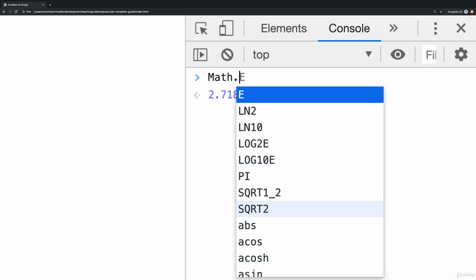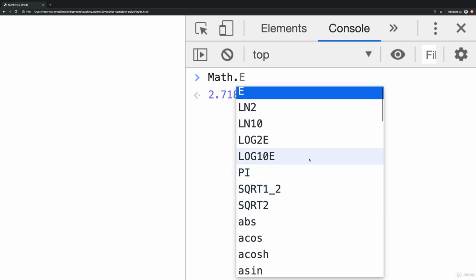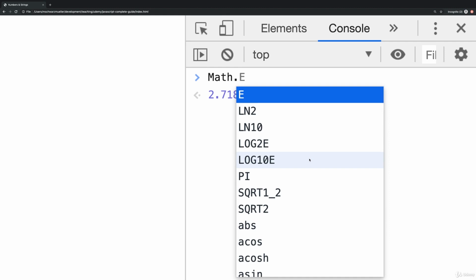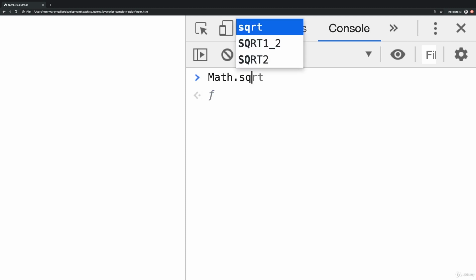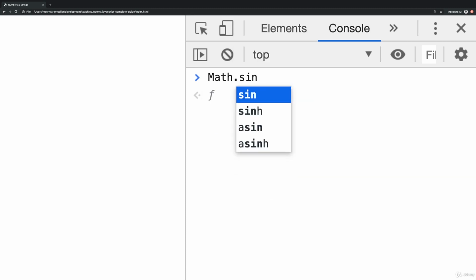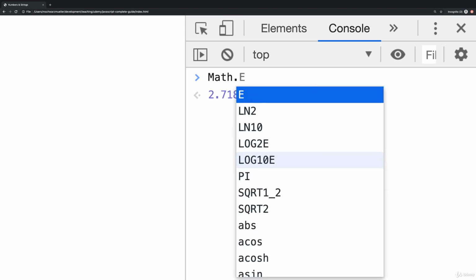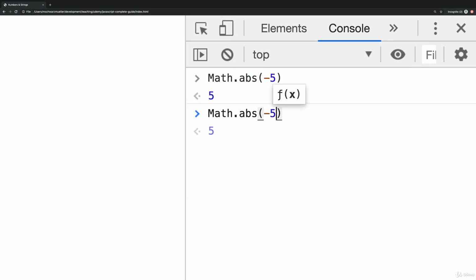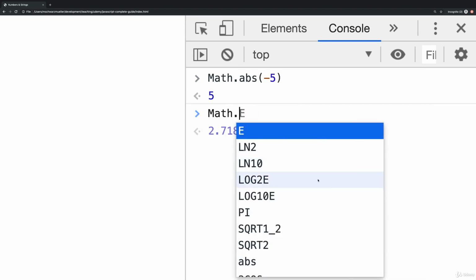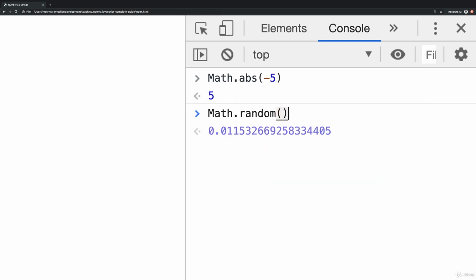More interesting than that is the math object. There you get various methods and constants or properties that help you with mathematical operations. You got the value for the e number, for pi if you need that in calculations, methods for calculating the square root, for working with a sinus, for example. Also the power of method we saw a second ago in this module already. The abs method to give you an absolute number based on some number you pass in as an input. And many more methods, like for example also the random method you already learned about,